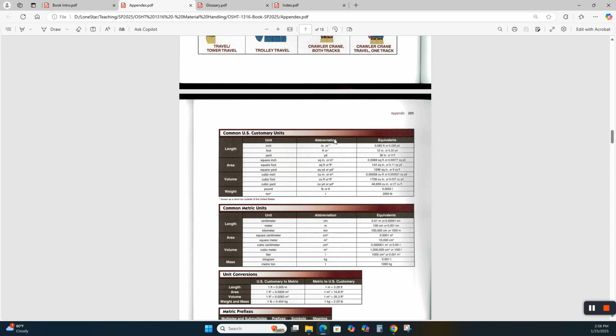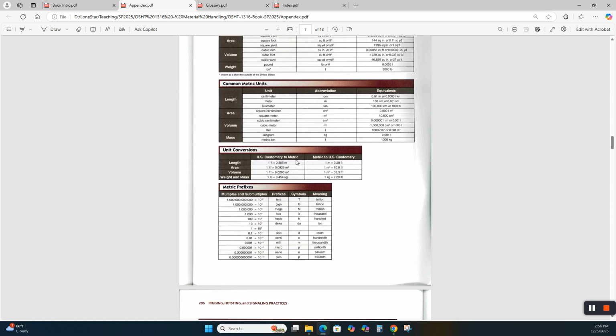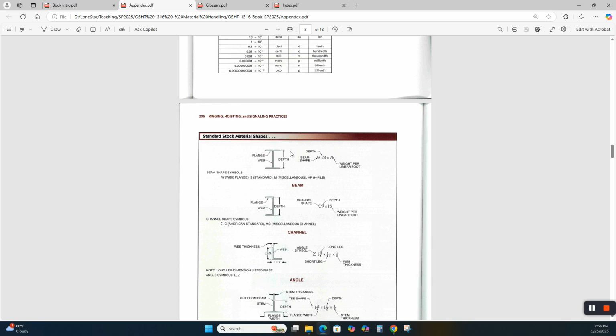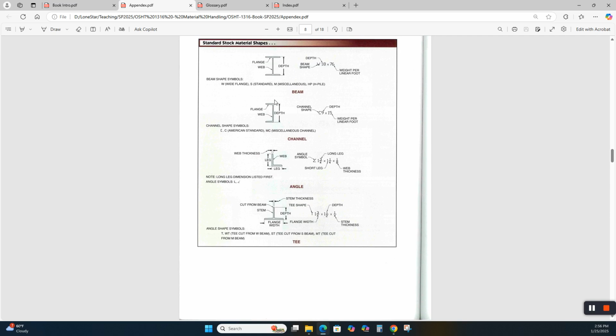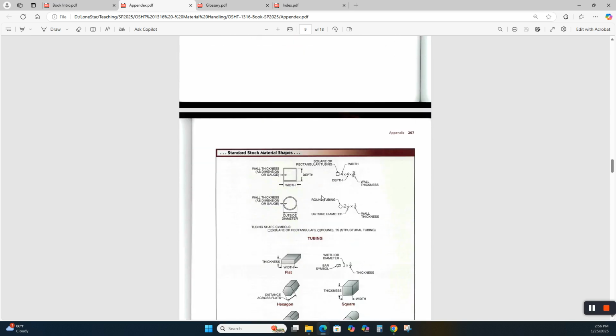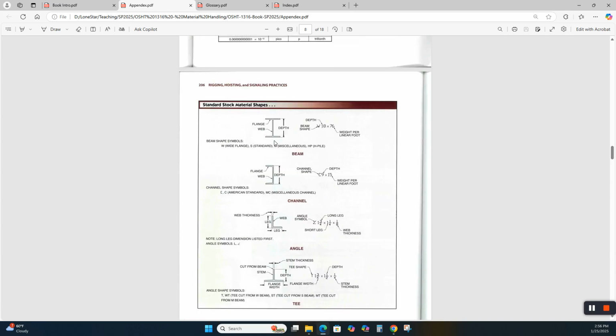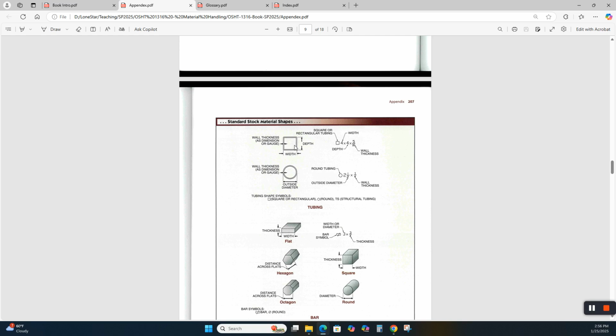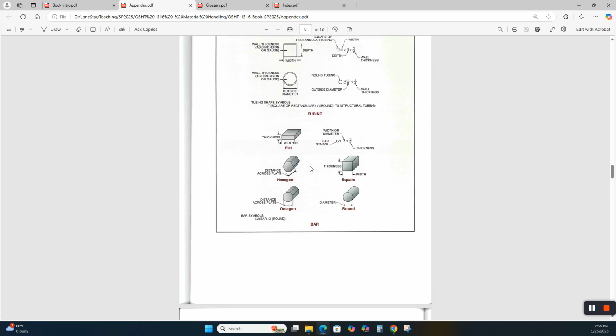Common U.S. customary units, common metric units, unit conversions, metric prefixes, standard stock material shapes. There's a wide flange, C-channel, angles, T-beams, T-shapes. These are cut from a W shape in the mill. Let's see, square tubing. They don't have any rectangular tubing up here, but a rectangular is square tubing. All right, and round tubing, pipe. Flat stock,